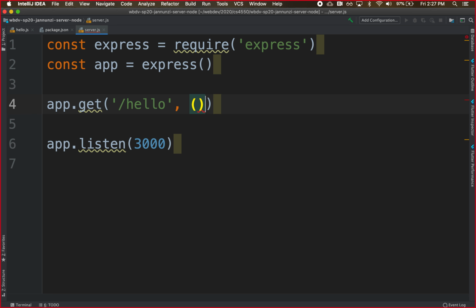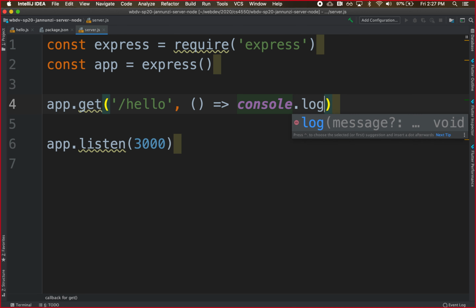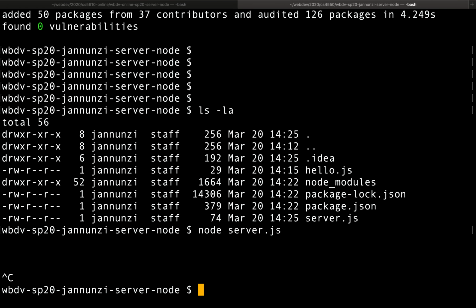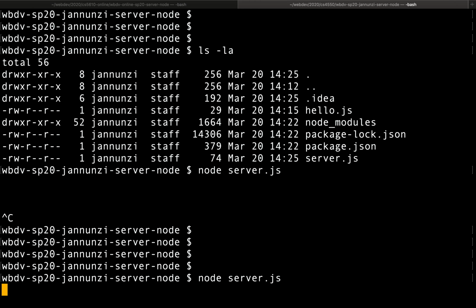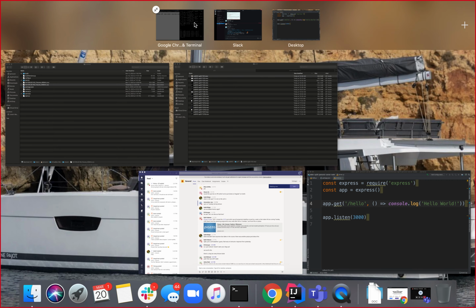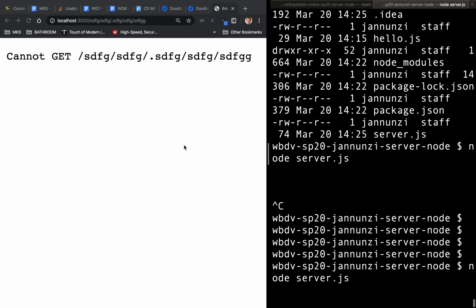So what we could do here is that we can give it a callback function that is going to be invoked, and the only thing that we're going to do is print out to the console just hello world. Okay, there we go. So if we restart the server, all right, so let's put it here next to our browser. Okay, and so if we ask for hello